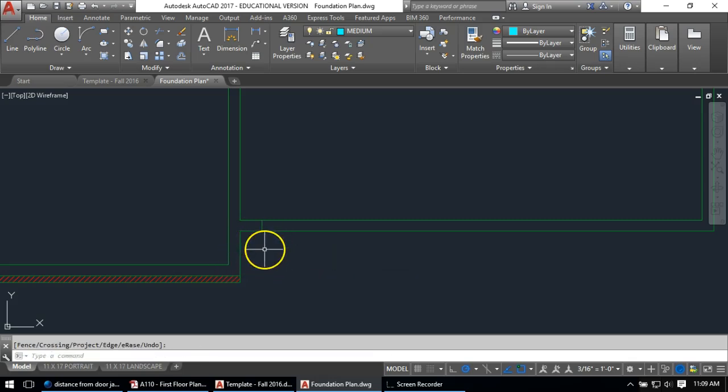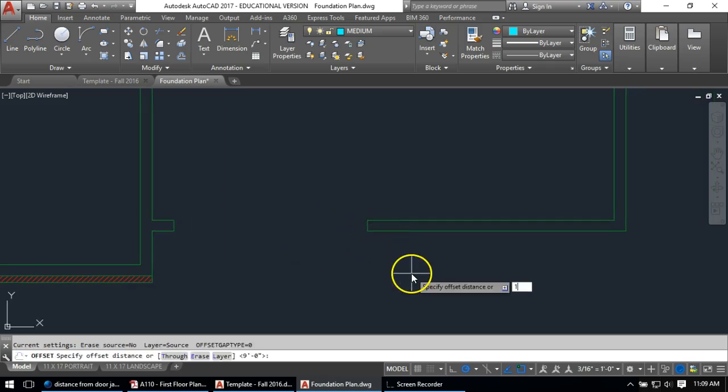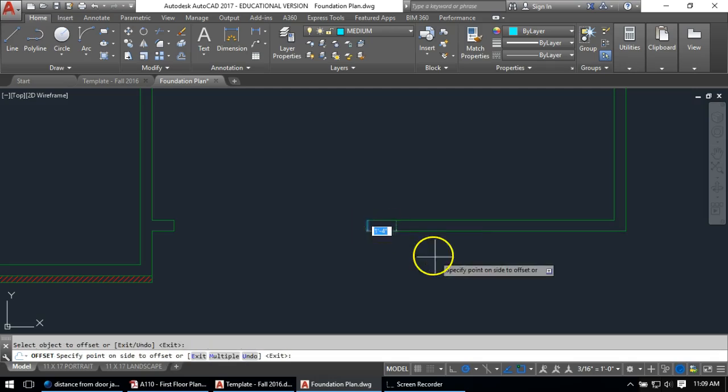Trim that out and then offset the 108 inches to be the garage door. And then I have a gap of 1 foot 4, so offset 1 foot 4 and a gap of 108,